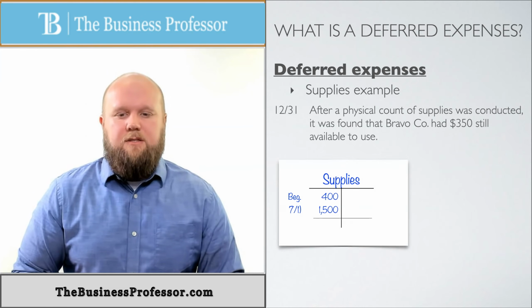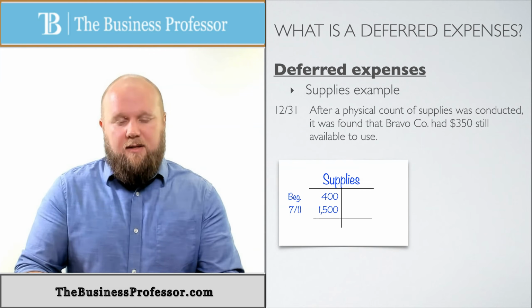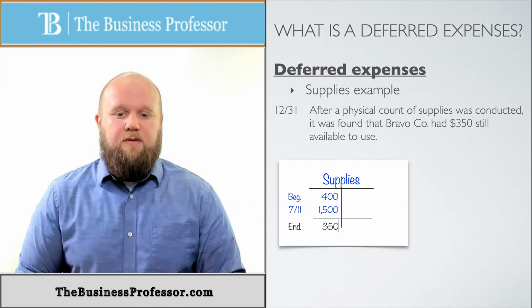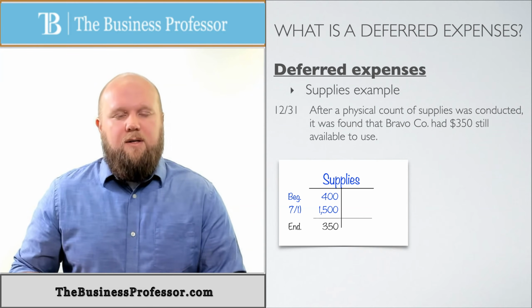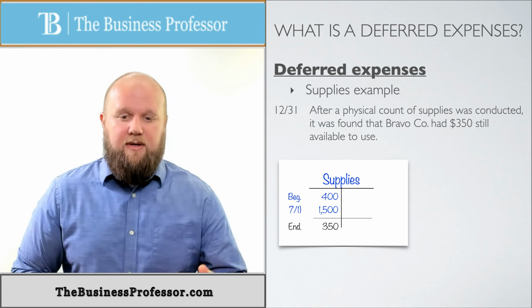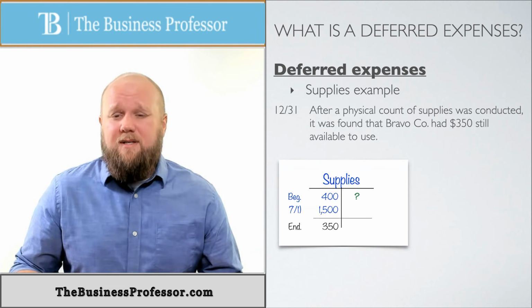So let's do the calculations for this. This is our supplies T-table that you should have already. Now what we're saying by this is that my ending balance is $350. So if I put ending balance $350 there, I'm really saying what do I need to credit supplies by in order to make this T-table true? Remember, debits and credits, if you subtract the two, that's going to give me my ending balance. So what is it going to be?